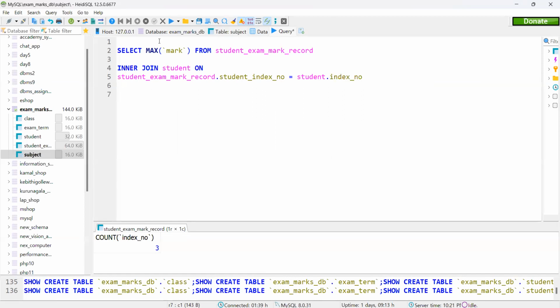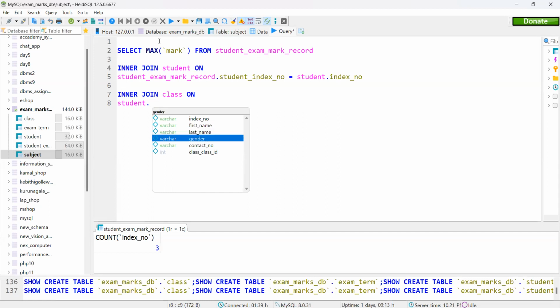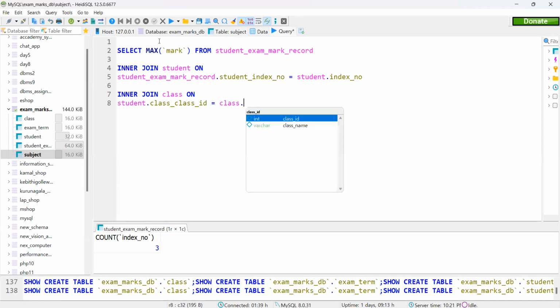Then another table we have to join, our class table on student class ID and class table class ID. Then our condition, where